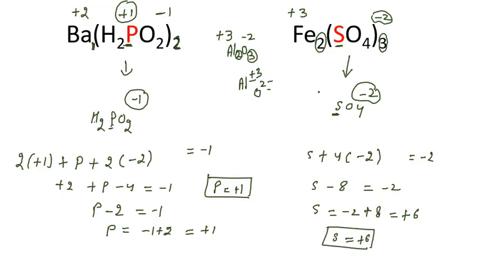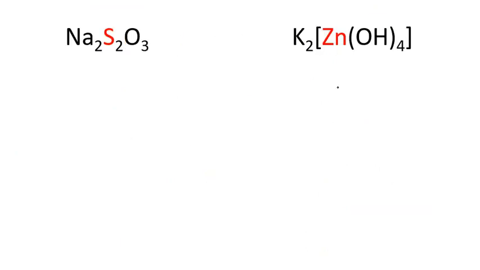This is a sulfate ion in fact. Okay, in this case also you can write sulfur shows +6 oxidation number, its highest oxidation number. Well, now we can talk about the next compounds. Interesting compound is given here. This is Na2S2O3, and in this case we have to calculate the oxidation number of sulfur.